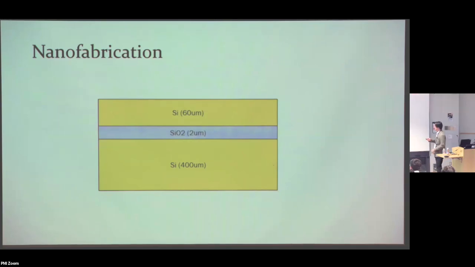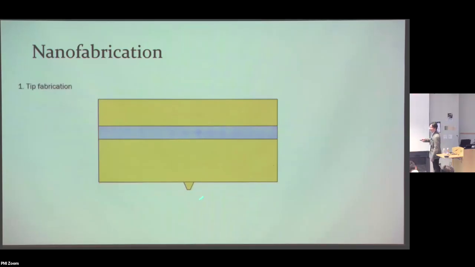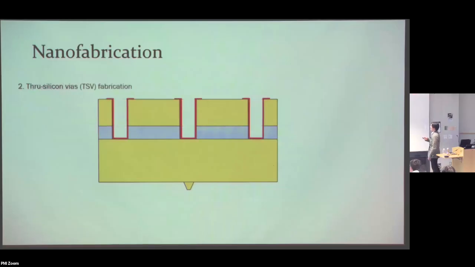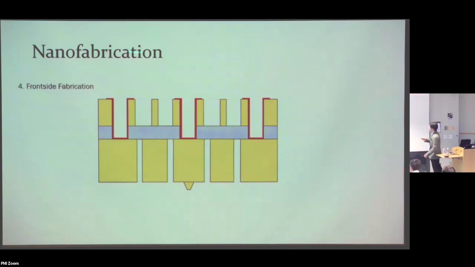Okay, so the starting point is these commercial wafers, so-called SOI wafers, which have two layers of silicon separated by silicon dioxide. Okay, so we first etch this pyramid from the backside of the wafer, and you'll see in a moment why it has to be done in this particular way. And now we etch these so-called TSVs, which are for electrical connection, which is not important here. And we etch these trenches from the back, and we etch these trenches from the top. And then the final step is called release, which means that you etch away these silicon dioxide layers so that the whole device becomes suspended, so now you can move, right?